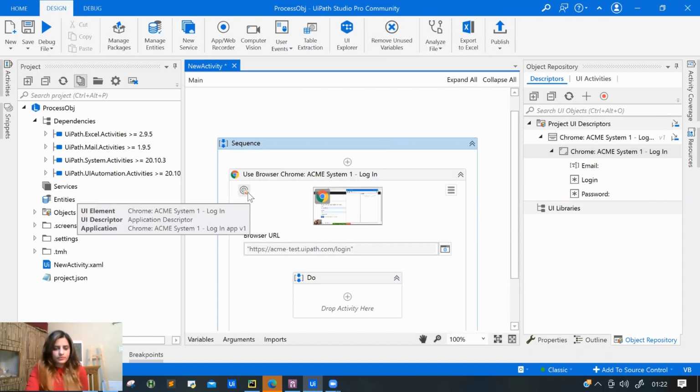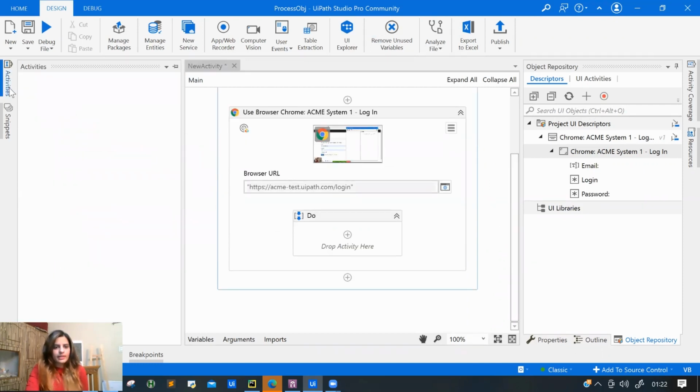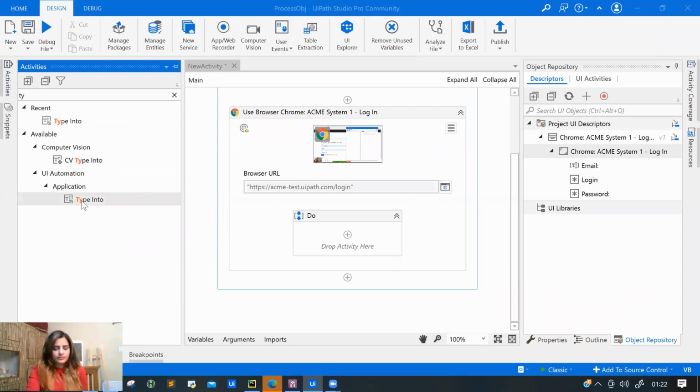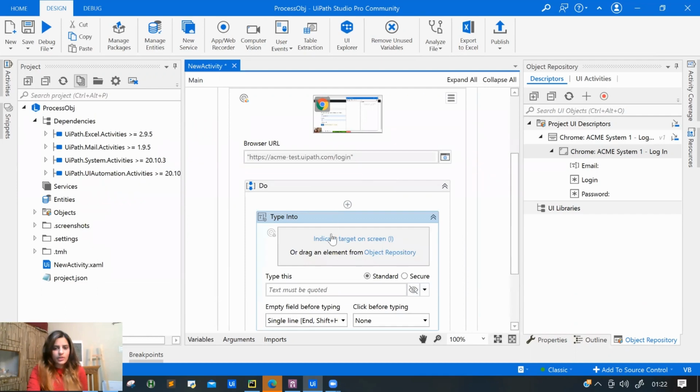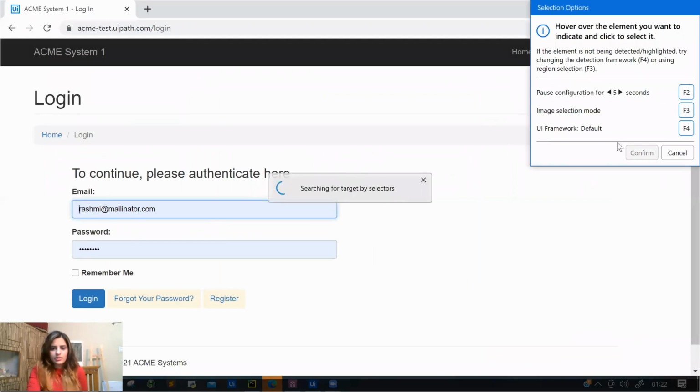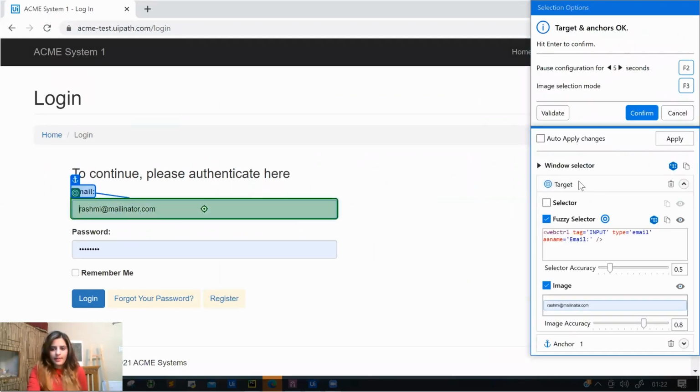Okay, so here if you can see, if you are using the object repository, it will be like that button. Okay, now no need to do anything. So for example, I no need to go ahead and indicate anything. I just directly go ahead and use whatever is present, right?